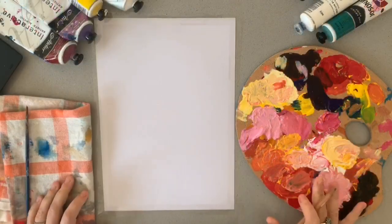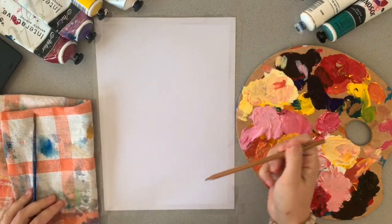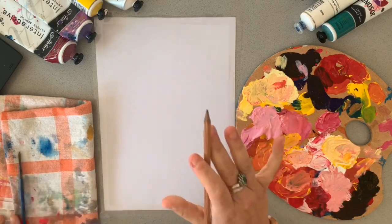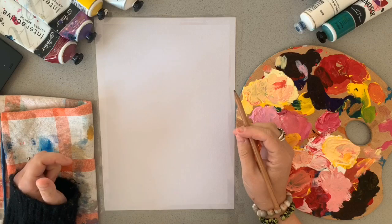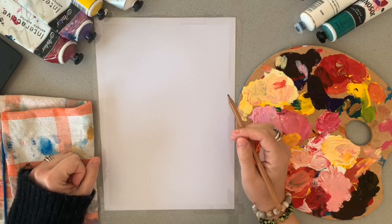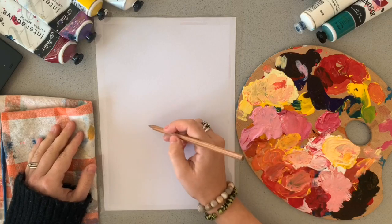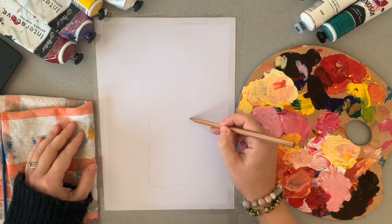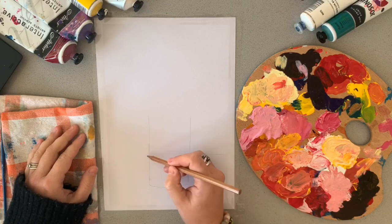The first thing we're going to do today is give ourselves a bit of an idea as to where everything's going to go within our page. I'll start with a pencil and I'm going to draw very, very lightly and very simply. So I'm not going to add too much detail within my drawing. It's just an idea where everything's going to go. So I'm going to do a cylinder vase sitting on top of a table,